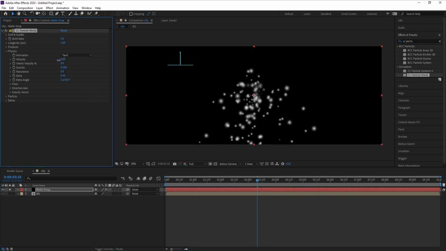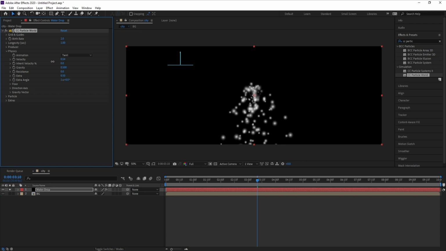Velocity, let me decrease it. Okay, to 0.9. Then also gravity